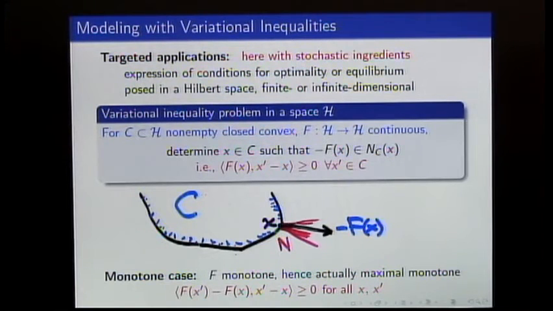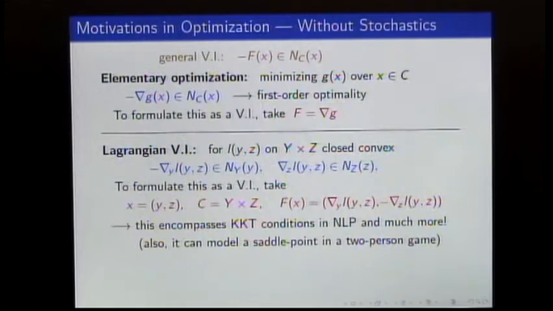So this is just the basic idea of a variational inequality without any kind of stochastics. And what we are going to do is introduce these things with stochastics, but I feel it's important to review briefly at the beginning why we're interested in variational inequalities, because it motivates what we will demand of a stochastic variational inequality. So one idea, in line with elementary optimality conditions, would be if you're going to minimize a smooth